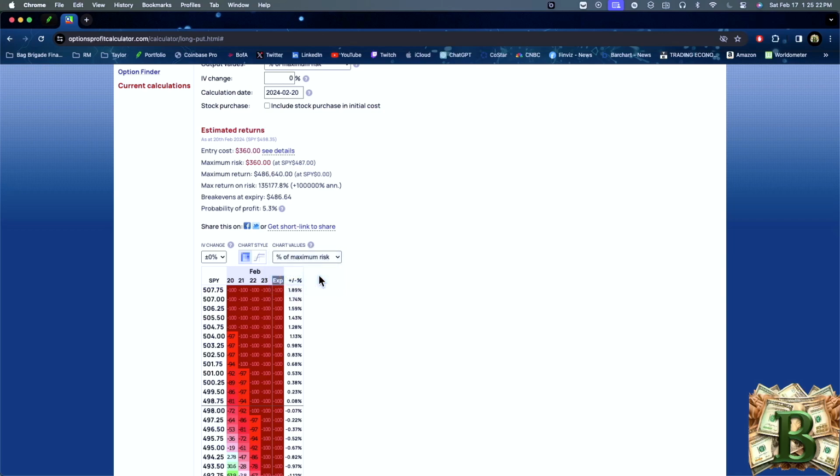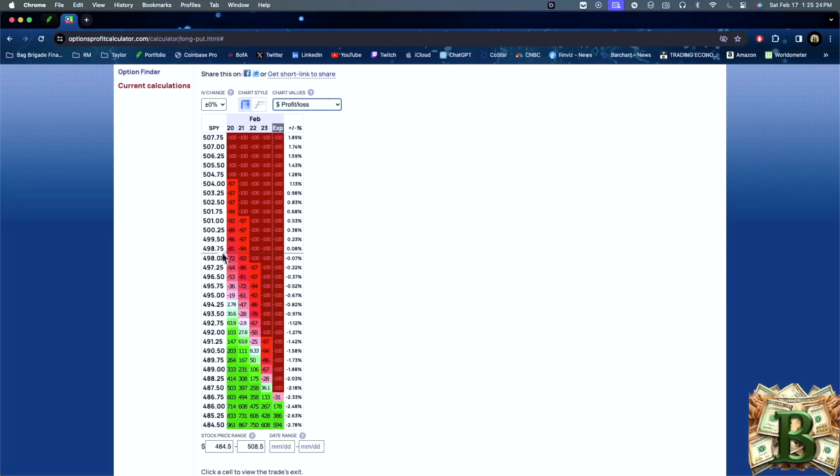It's not going to look as good, I promise you. So if it opens up right here at like 498, yeah, I'll be down about 72 bucks. But as you can see on the 20th, if it starts to get closer to the strike price, I can be up about 400 something bucks, or 500 something bucks, 600. But if it takes more time to get to the strike, each day that goes by, it loses value. And it starts to lose value astronomically quick as you really do approach the